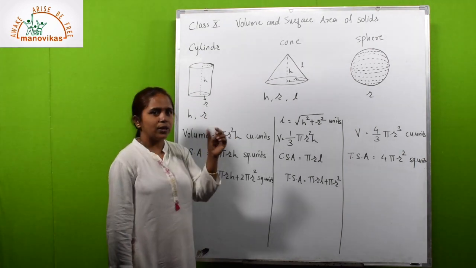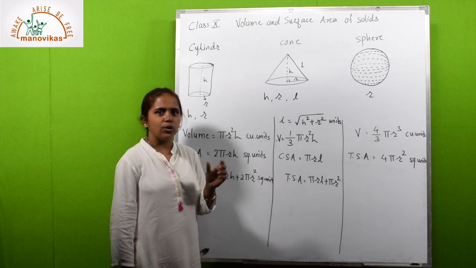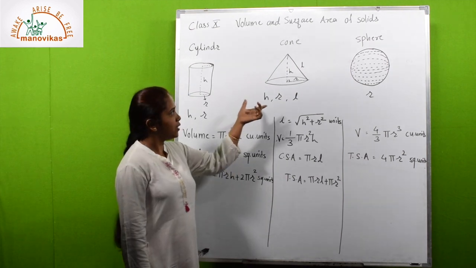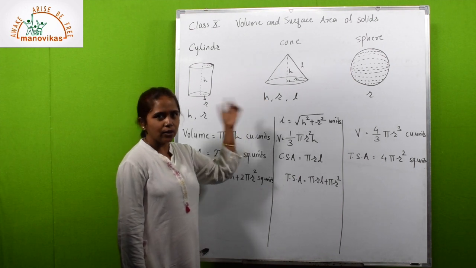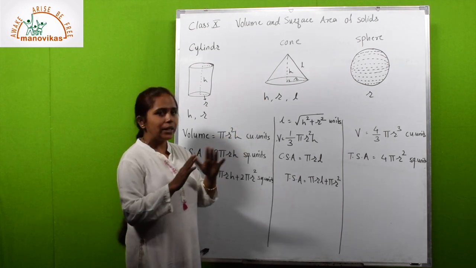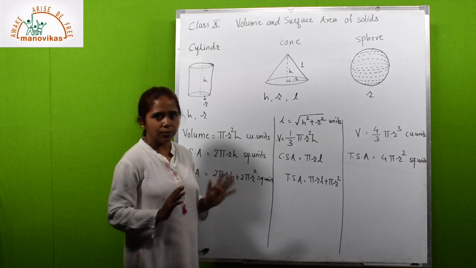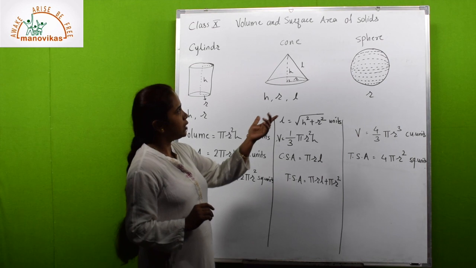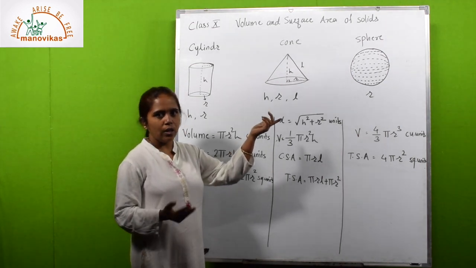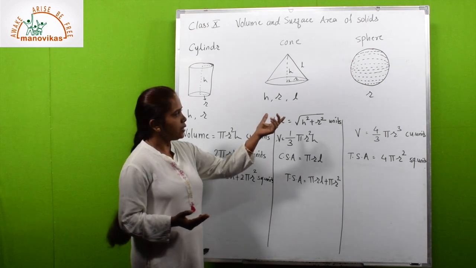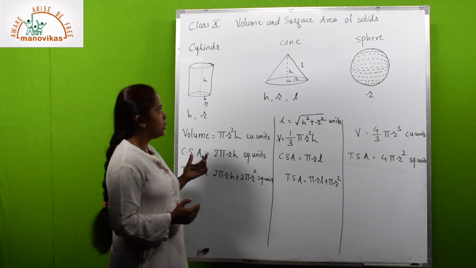Now cone, you can take an ice cream cone, your favorite, then any birthday cap we can say as a shape like solid like a cone, or we can form the tent, right circular cone shape tent also. Then sphere, we can say, for example, your football, volleyball. Okay, these are the examples for the solids. Now how to deal with this?